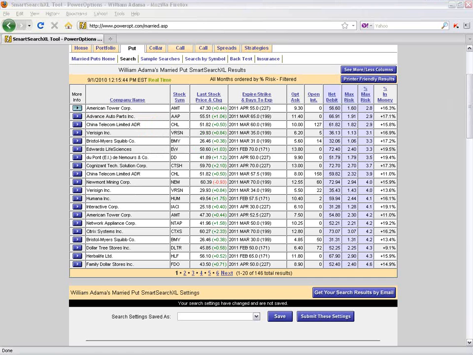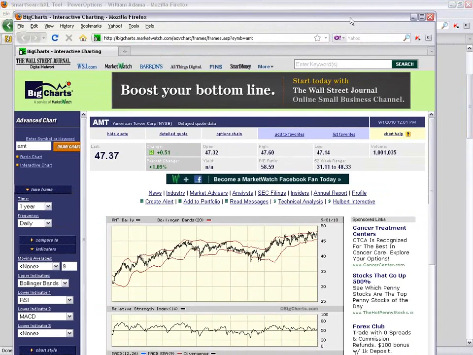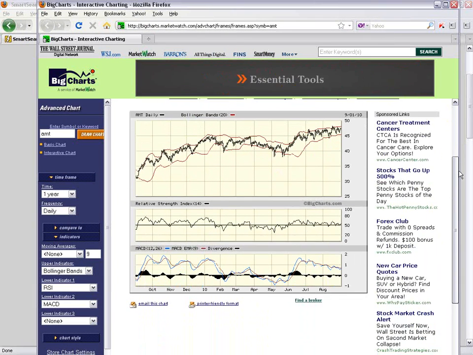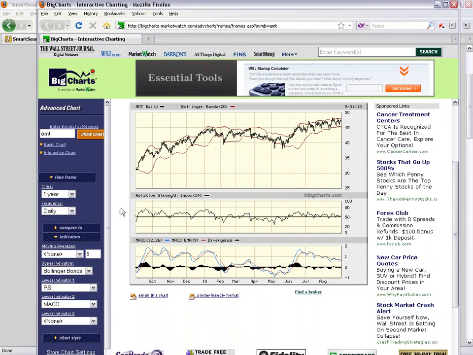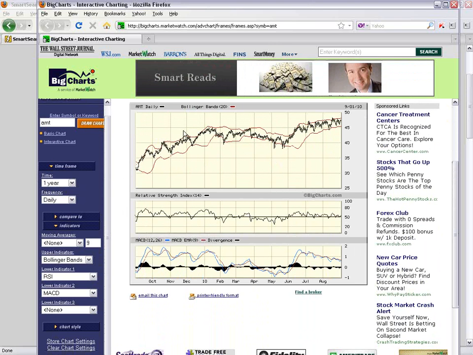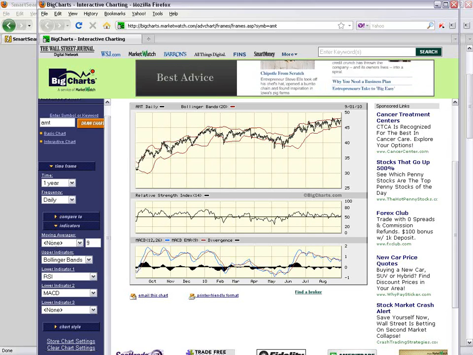And you can customize Big Charts. It's a free charting service, and you can customize it based on the kind of analysis that you might prefer to use. Now, for my chart, what I have selected, you can view it over here on the left, is I've selected a one-year chart. I'm looking at the Bollinger Band, so I have